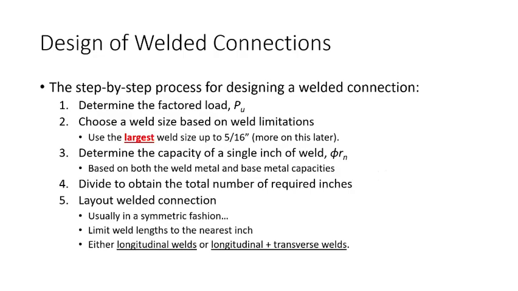Okay. Now, for design, again, the procedure is really simple. We get our factored load, we choose the weld size based on our limitations. What this means again is that we're going to compute our A min and our A max, and we're going to choose the largest weld size that we can up to 5/16. Then we get the capacity of a single inch of weld. You can think of the inch of weld as like a single bolt. That would be the analogy. So determine the capacity of that connector, that connecting element, and then divide to get how many connecting elements